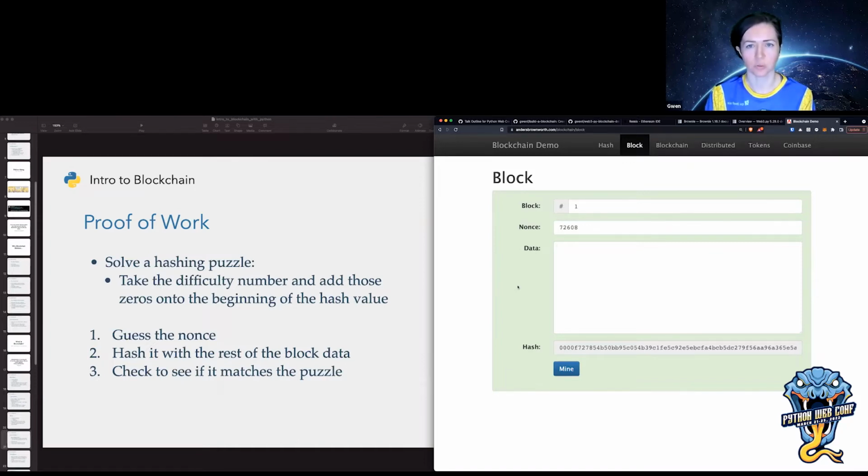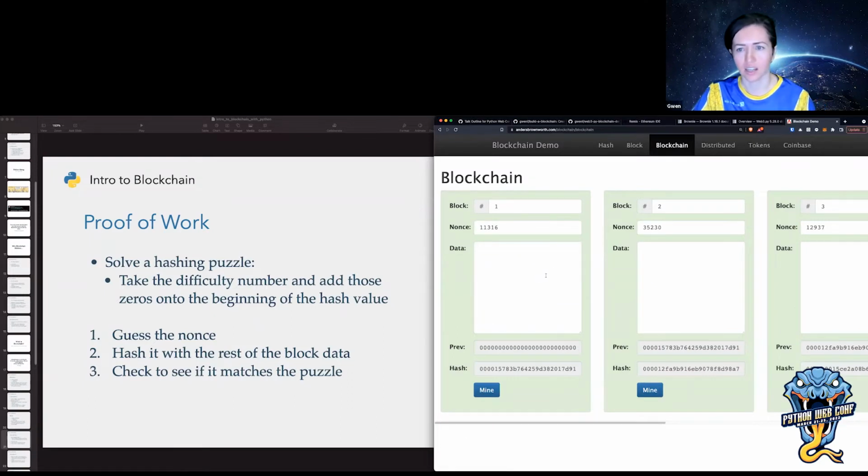There's a whole bunch of different proofs that people have proposed and implemented, and a lot of different blockchains have their own proof of some sort. Each one has its pros and cons. So I'm not going to talk too much about that, but the major blockchains, Ethereum and Bitcoin, do use the proof of work algorithm to validate blocks and also to reward people who participate in the network.